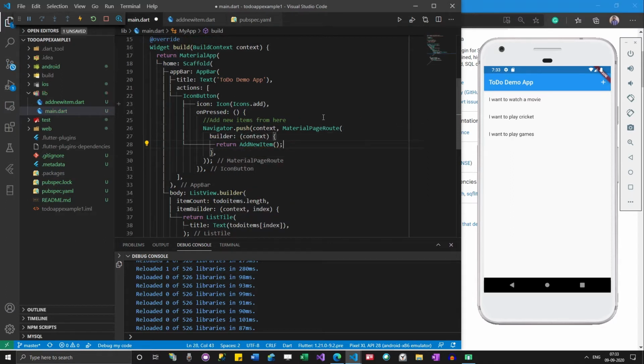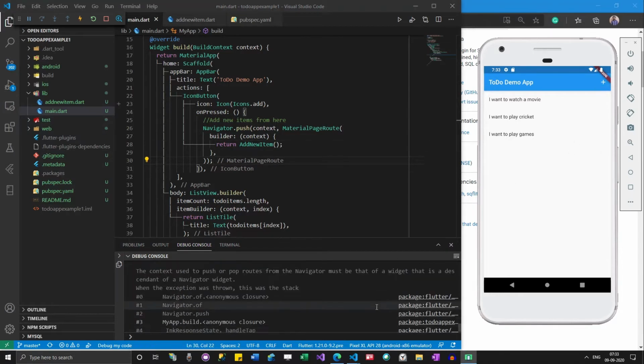Now at this point, if the plus button is clicked, it should go to the new page, but it looks like there is an issue.